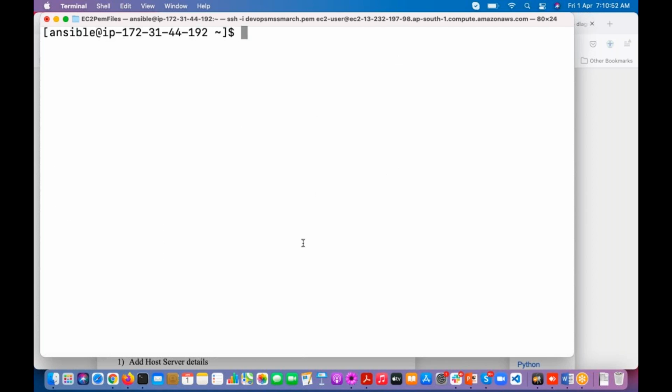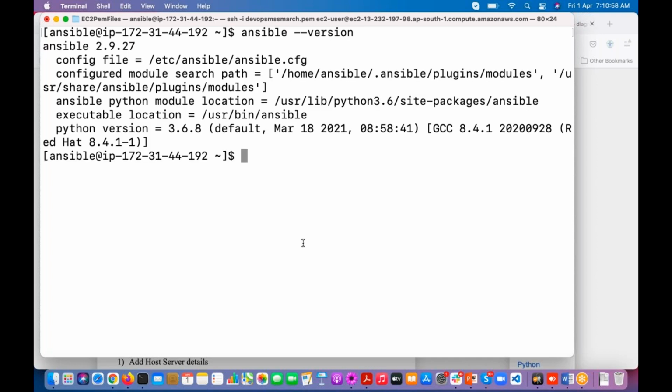If you want, you can go and check it. ansible --version, this is the command, right? See, Ansible 2.9.27. The Ansible configuration file will be this one.